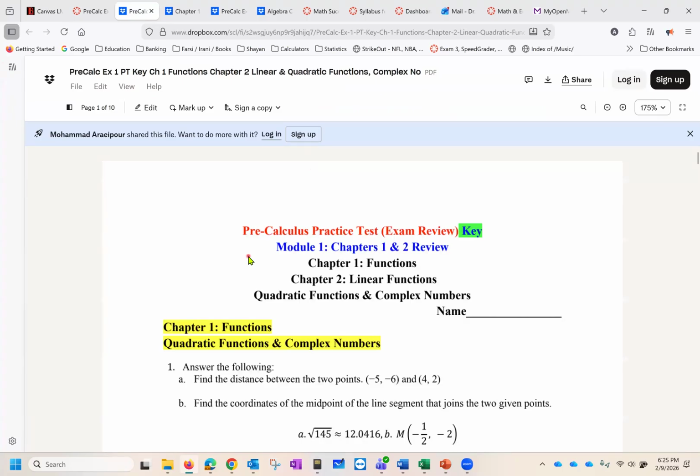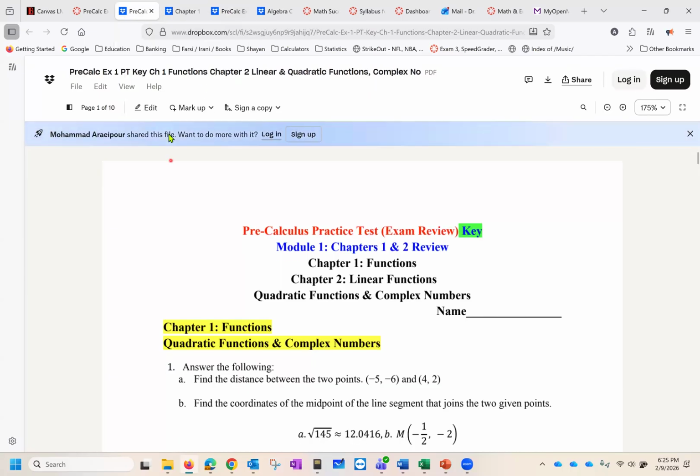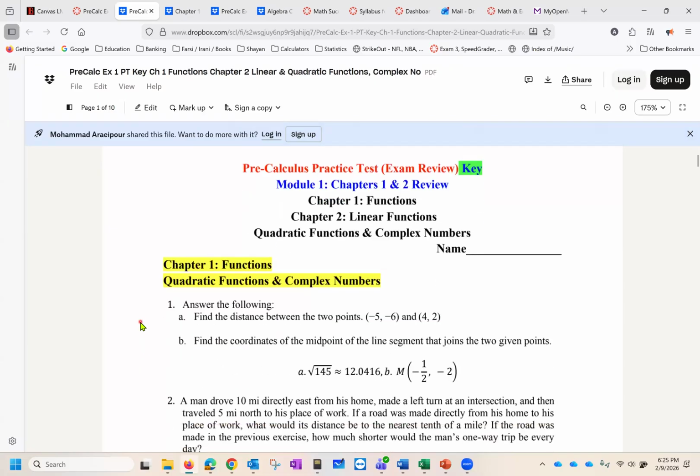Now, we had the practice test here. Now we have the key to the practice test. What I recommend you do is that on a daily basis, just do one question, maximum 2 questions per day from the practice test. By the time we get to the week of the exam, you're more than ready to nail